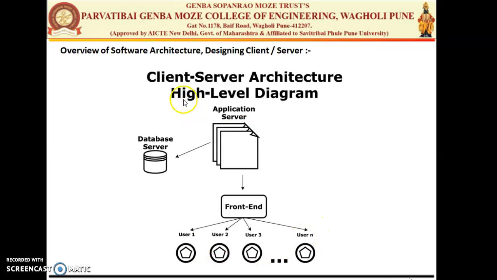So always in the client server architecture, there are 3 different phases. First is the front end, second is the application server, and third is the data layer, or we can say the database layer. From the front end, the multiple users can give different requests from different UIs as they are operating. The request goes to the application layer, where business logic will be developed. Then we have the database layer, so whatever data is needed by the users is fetched, and again in the proper format it is sent to the front end, or we can say it is displayed on the user's PC.